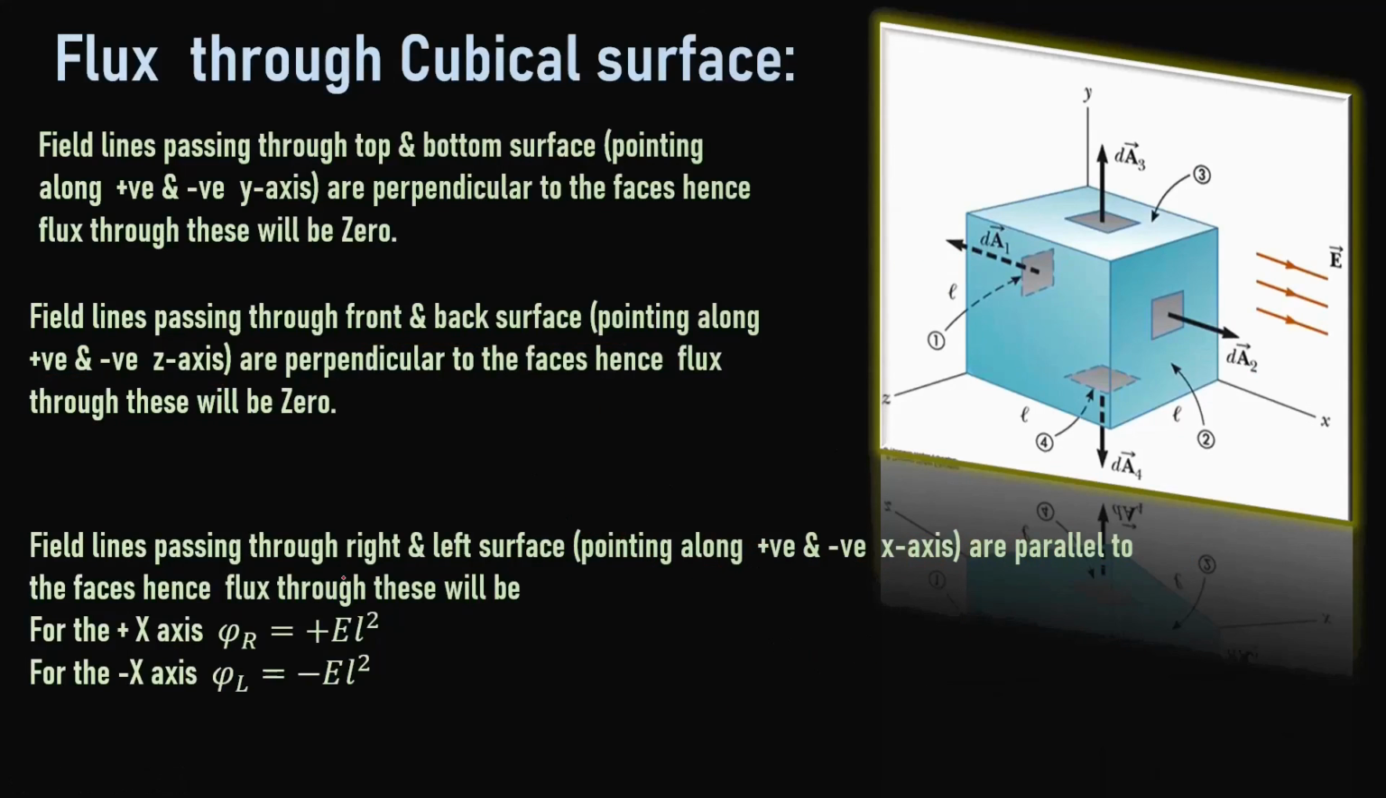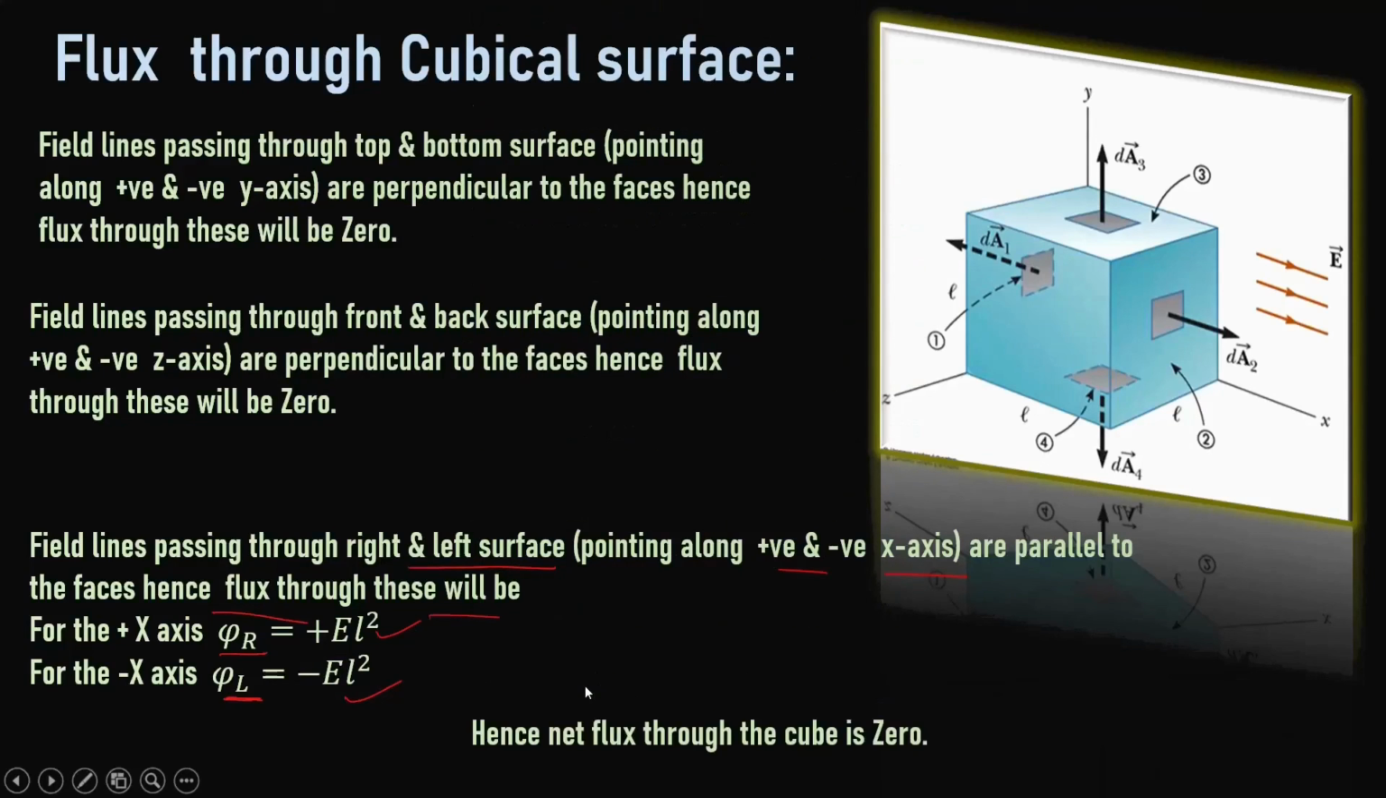The field lines passing through the right and left surface are pointing along the positive and negative x-axis. The flux associated with the right face will be plus E L square, and the flux associated with the left face will be minus E L square. On adding them, we notice that the net flux through the cube becomes 0. So whenever